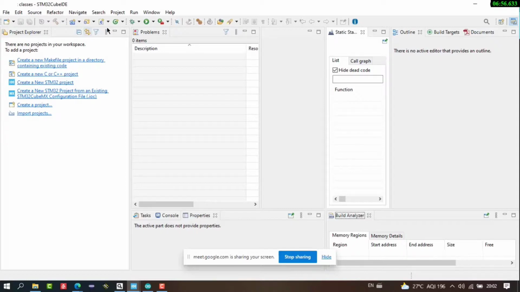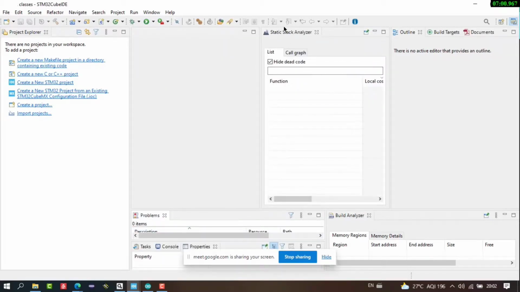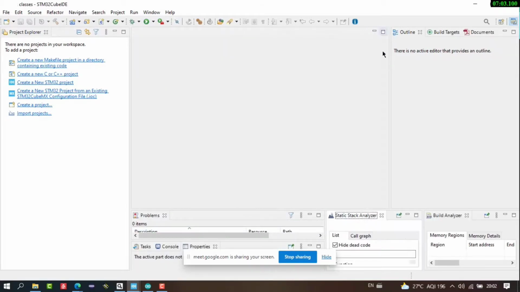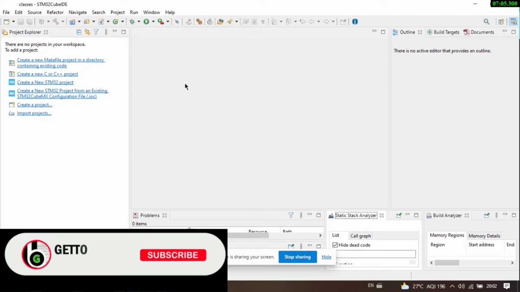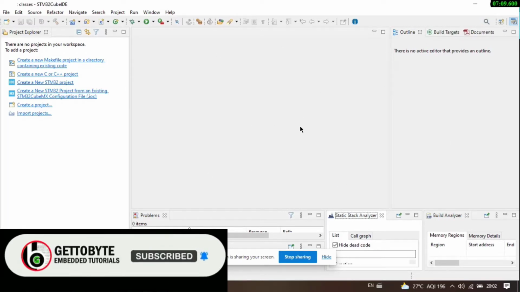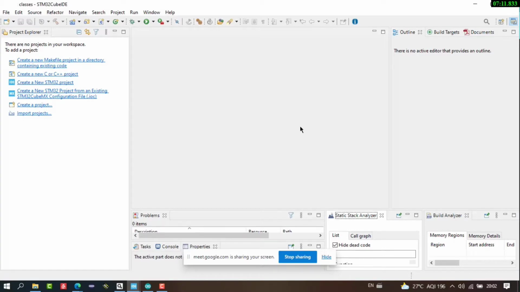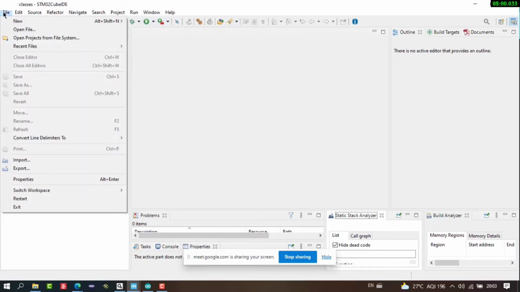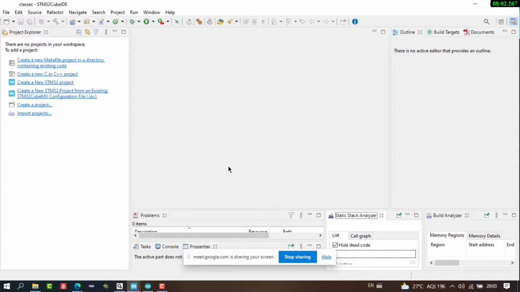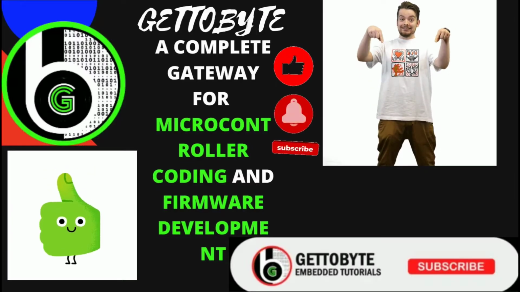One of the very important ones is the editor view, the editor window or perspective view, that we get when we open any project. Before proceeding with the editor view, let's understand the upper tools and upper buttons which we have. So this is the Eclipse IDE. I hope you got a basic overview about it. So that's it for now.